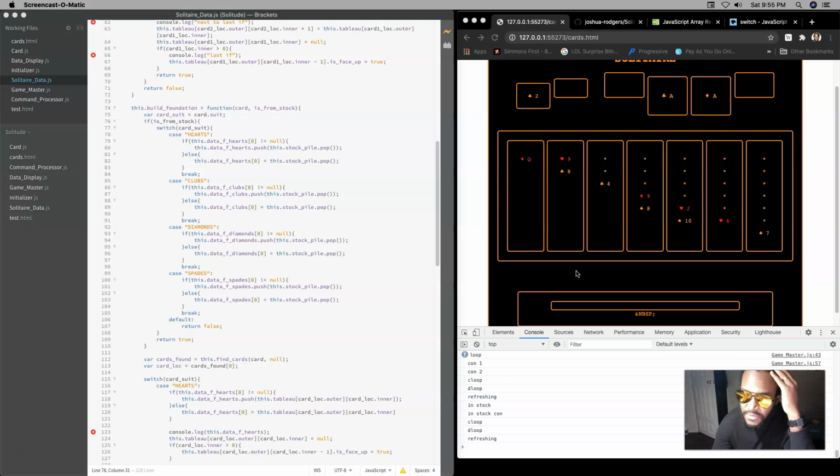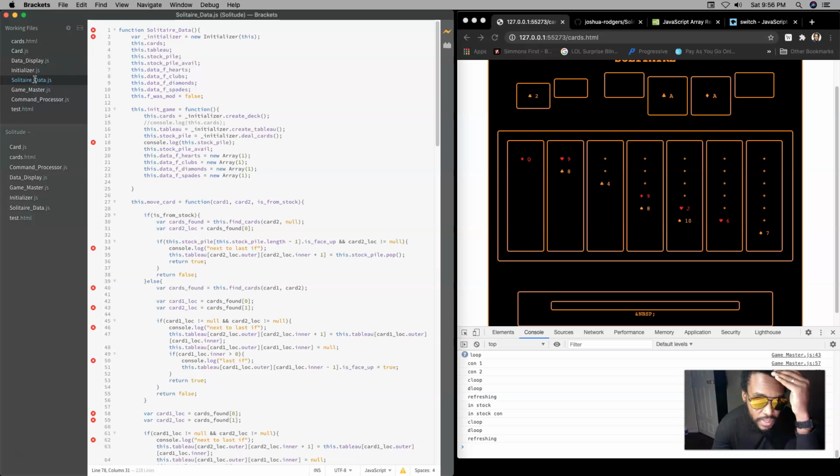I feel like I've got enough time before I run to bed to just implement a second call, repeated calls basically to stock, to be able to, if the top card is already showing here, to move it to the waste pile. So what I'm going to do is come into the data model